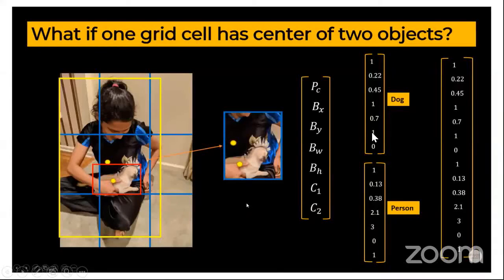You can see the first anchor box: there is an object, you can have bounding box coordinates, and it is for a dog. For the second portion, you can see there is an object, you have a bounding box, and it is for a person. You can attach them together and create a big one.